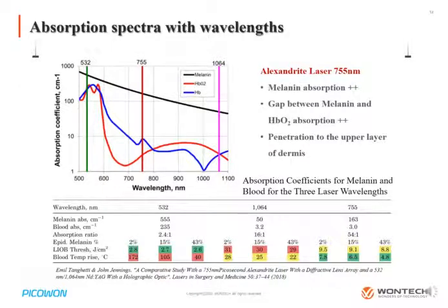As you can see in the absorption spectra, the absorption by melanin versus hemoglobin at 755 nanometer displays preference for 755 nanometer over 532 nanometer and 1064 nanometer. When considering the epidermal absorption of three wavelengths, you can see not only the effect of absorption of the first chromophore, melanin, but also the effect of the lower absorption coefficient of the secondary chromophore, hemoglobin in the blood vessels. According to Emil's paper,